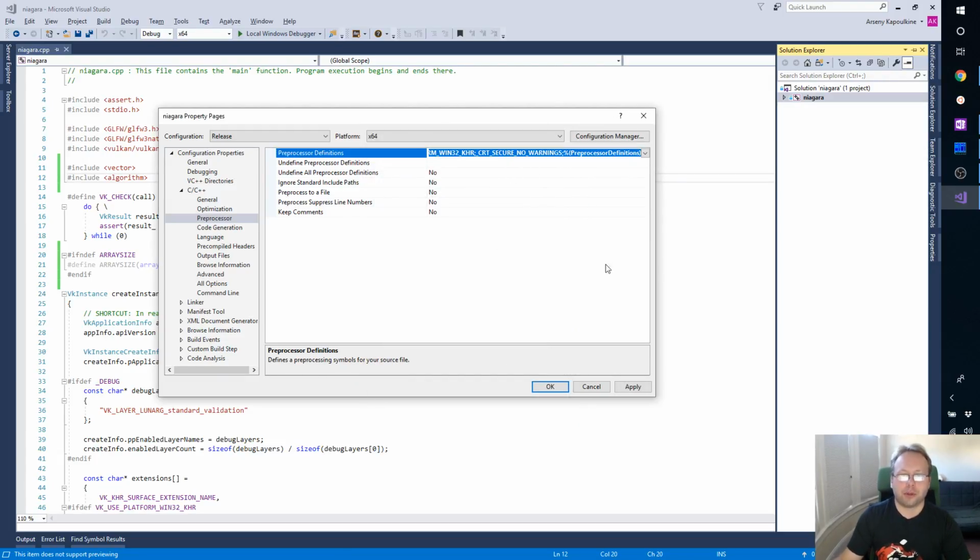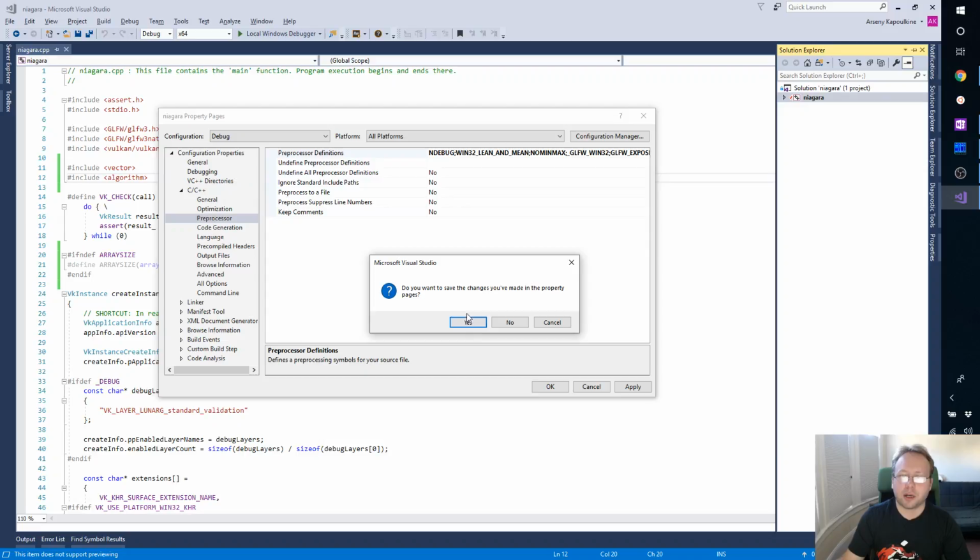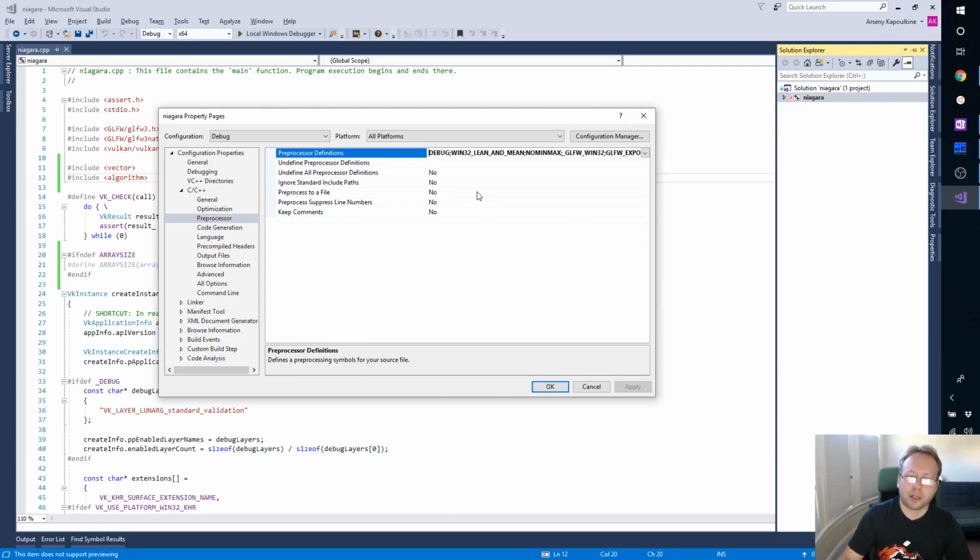So we also want this basically to be, what is it doing on Win32? All right. So what we want to say is that for all configurations, we want to set this. And then for debug, yes, instead of NDEBUG, we want _DEBUG. And I thought we said that we are going to use assertions in release. So why did we have NDEBUG in the first place? Let's just do this for now. All right, so that hopefully will make